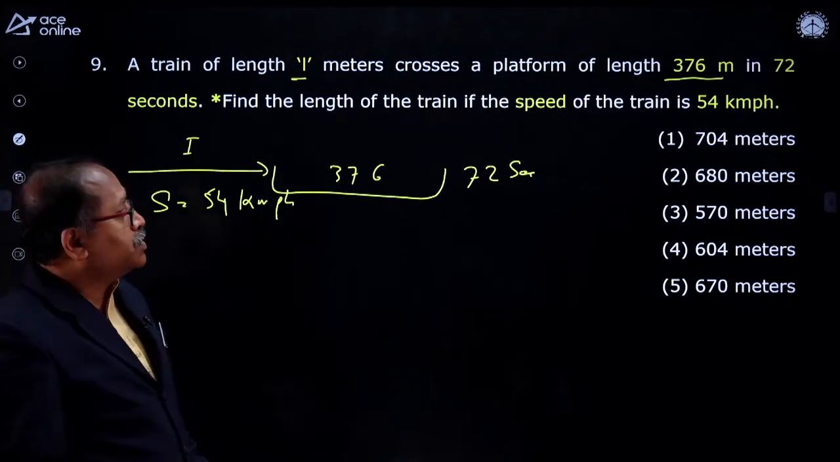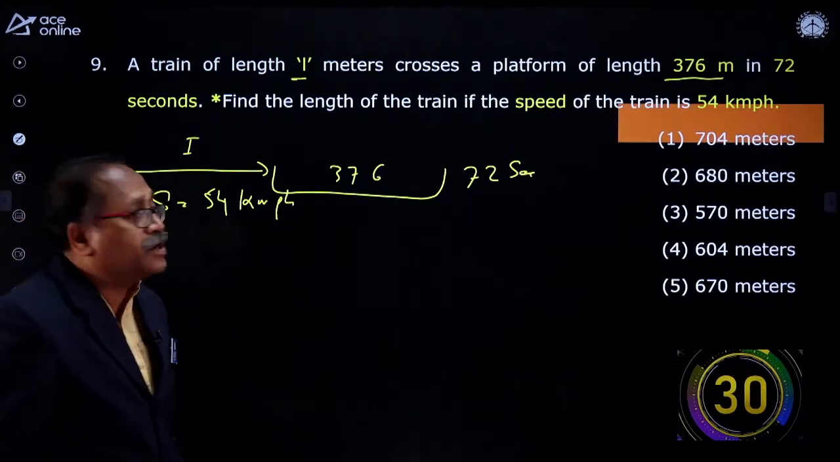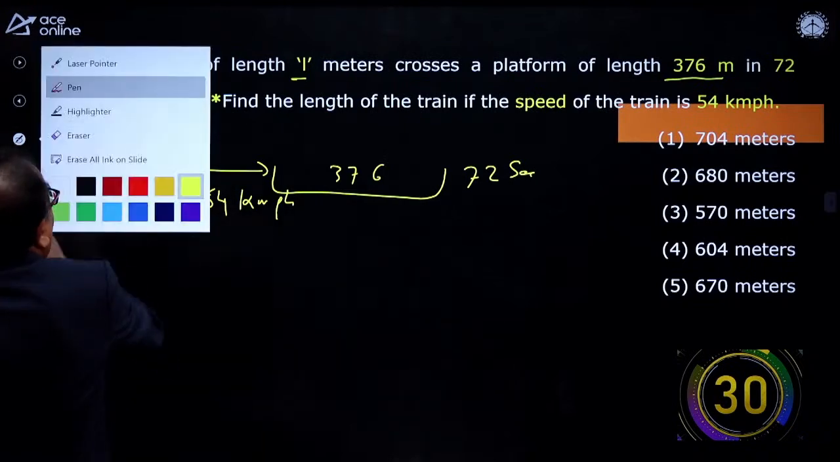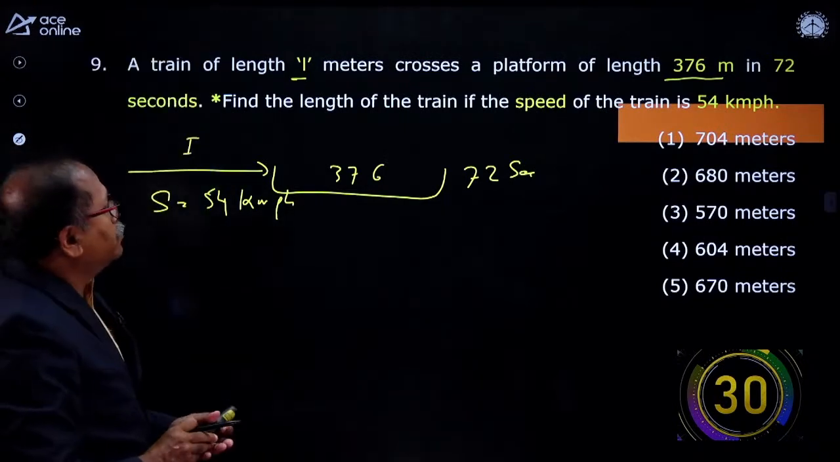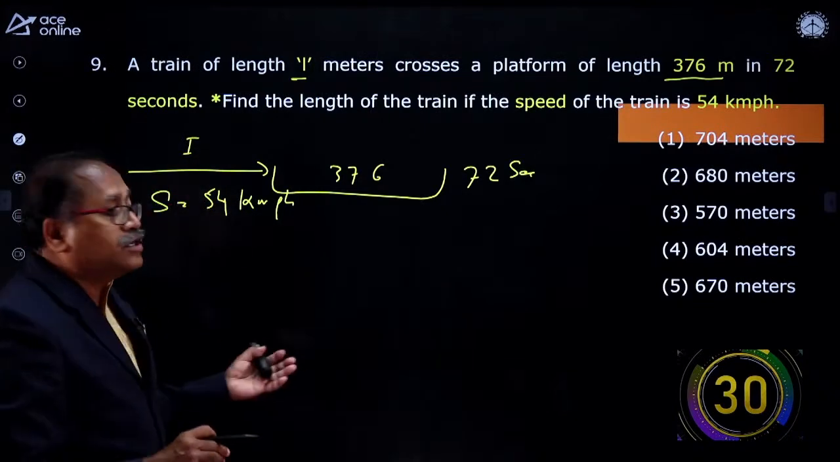Option 2, let me check this. Anyhow, the options are not properly arranged, so ignore that. Now what I am going to do, I need the length. The total distance is speed into